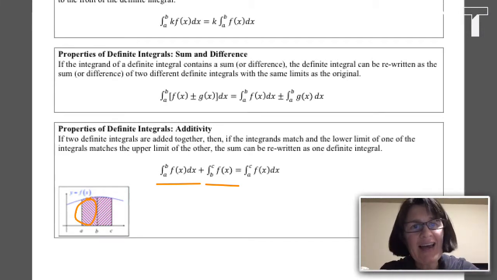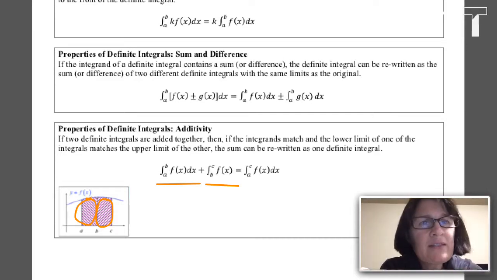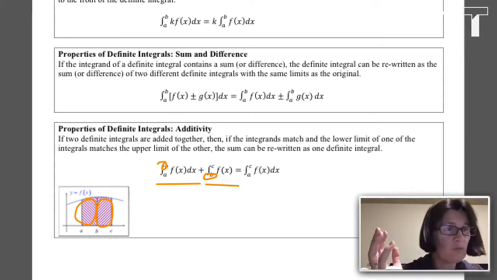If I want to add that to the area under f of x between b and c, that just makes the area under f of x between a and c. So if this upper limit matches this lower limit, then I can just rewrite this as one integral. So one integral with a